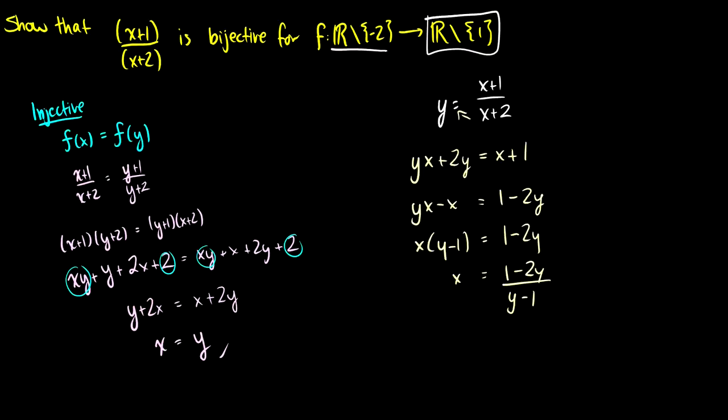So don't worry, I double checked this time. This video, it's good. So we've shown that, yes, this is going to be in the reals, assuming that, of course, y is not equal to 1. So it's surjective. Okay, so now we've proven that it's bijective because it is both surjective and injective, and therefore